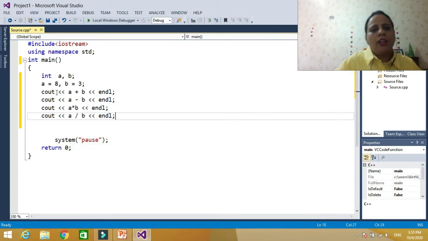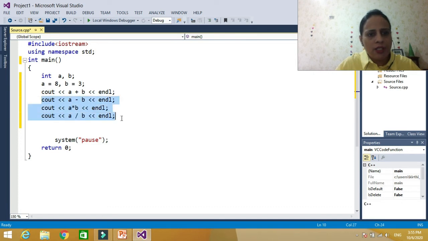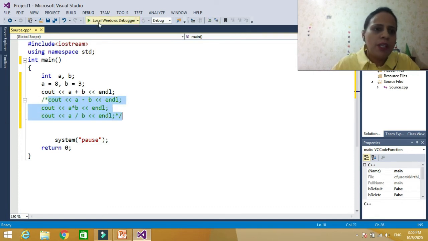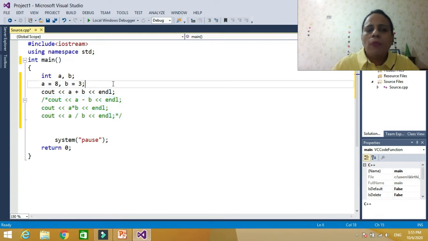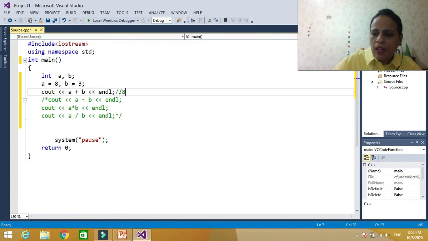Now we will check them one by one. So let's make the rest comments. Now let's say we are doing only a plus b. It should be 8 plus 3, that is equal to 11. So let's check it.